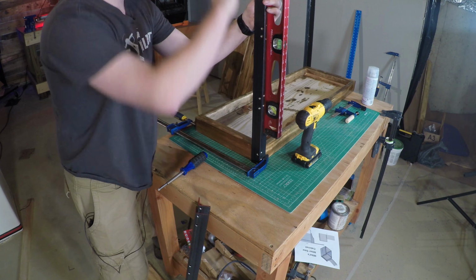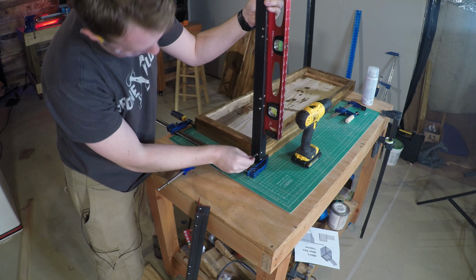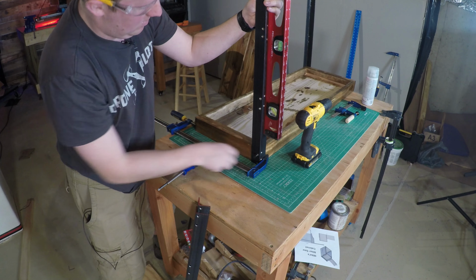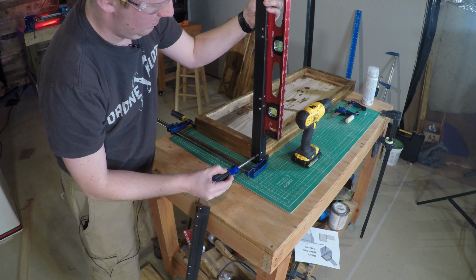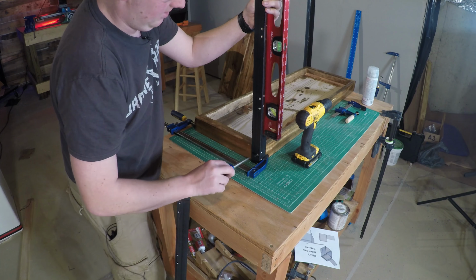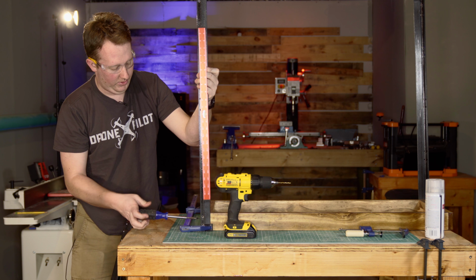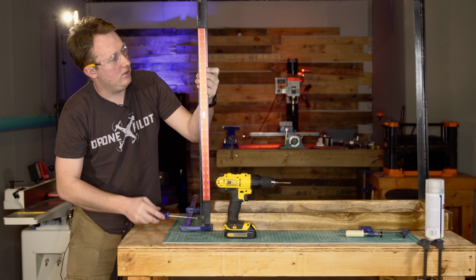Just take a furniture screw, put it in there like that. I'm using a regular screwdriver here, not a drill, because I want more precise control over what happens here. If you just zip it in there with an impact or a drill, it's